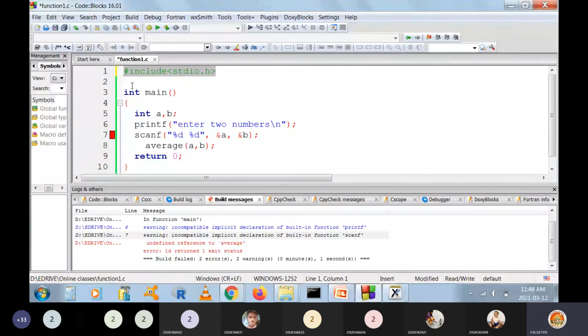That's why your exe file length increases compared to your source code. Your source code contains only hash include stdio.h, but your exe file contains all the contents of stdio.h included before main.